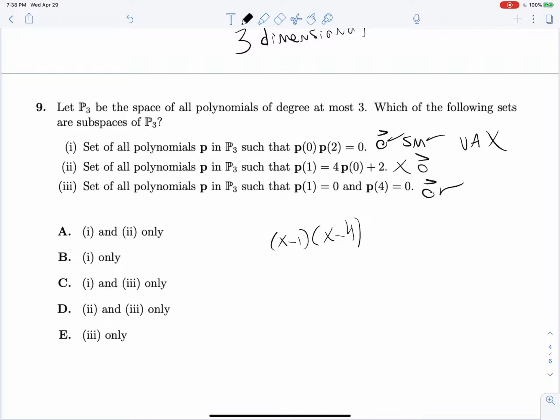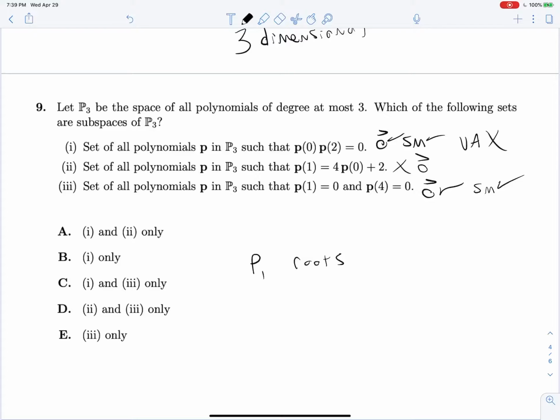What about scalar multiplication here? Well, if this guy is equal to 0, it doesn't matter, just like up here, it doesn't matter what constant we multiply it by, it won't do anything to this evaluating to 0 at its roots here. So scalar multiplication is a check. Now let's grab, well, actually we don't even have to grab another example. We can just think about it. If you have a polynomial that evaluates to 0, so let's see, we have polynomial 1. It evaluates to 0 at